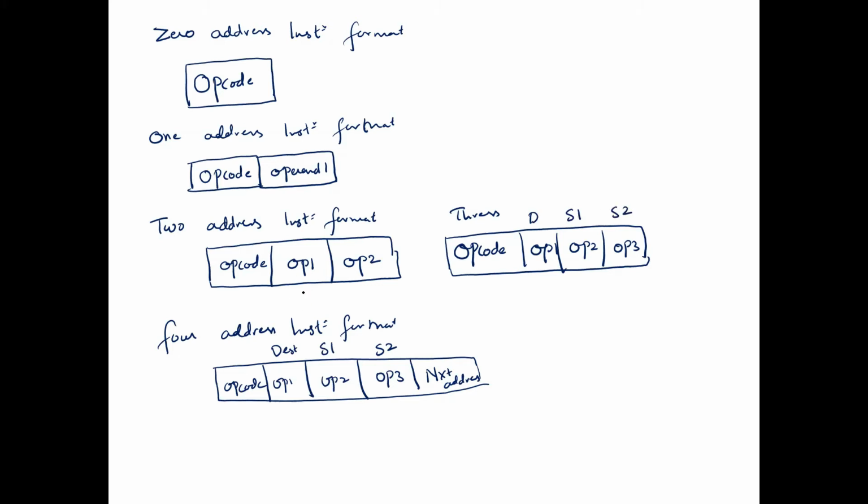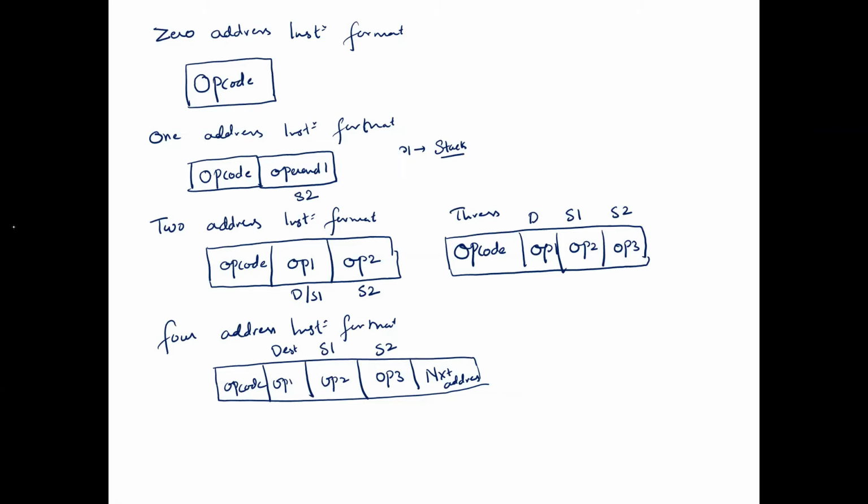And in two address instruction format, this is destination as well as source. And this is the second source operand. And here, this is what? Source operand 2. Now, where is source operand 1? By default, operand 1 will be in stack memory. It is going to refer to the stack memory. And where is the destination? Again, it is the stack memory, right?